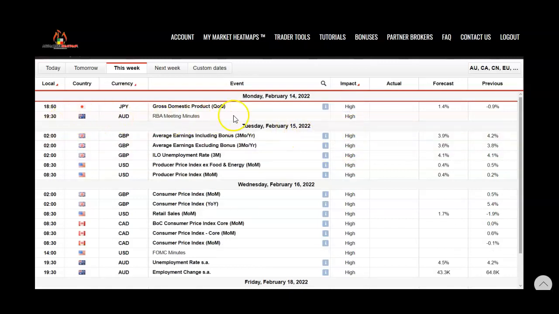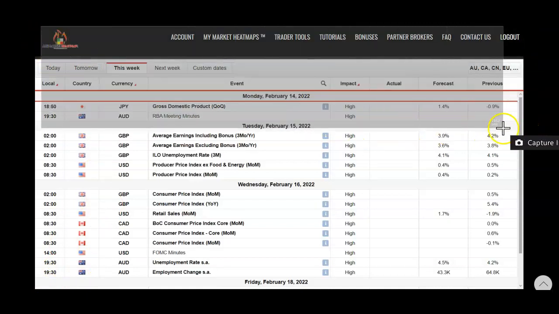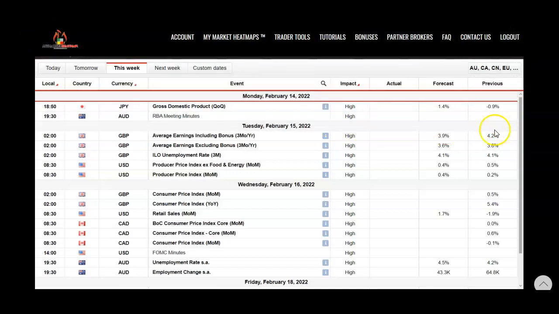And so now we have, for today, later on at 7:30 p.m. Eastern time, 19:30 is p.m., the RBA, the Reserve Bank of Australia meeting minutes, and that's high. And so that's going to impact the Australian dollar. In fact, let me go ahead and take a snapshot of this. And I'm going to build a chart which shows, for our group,